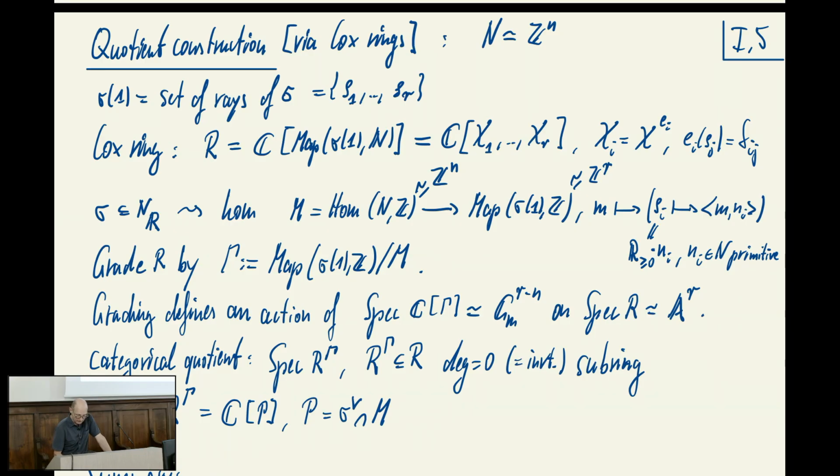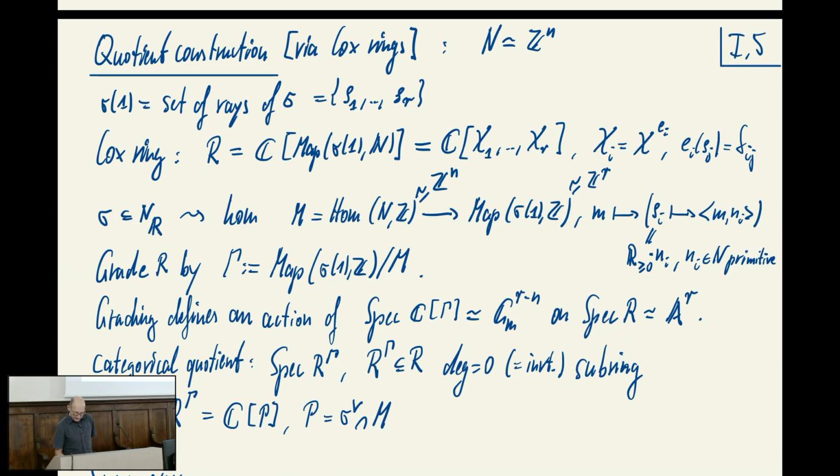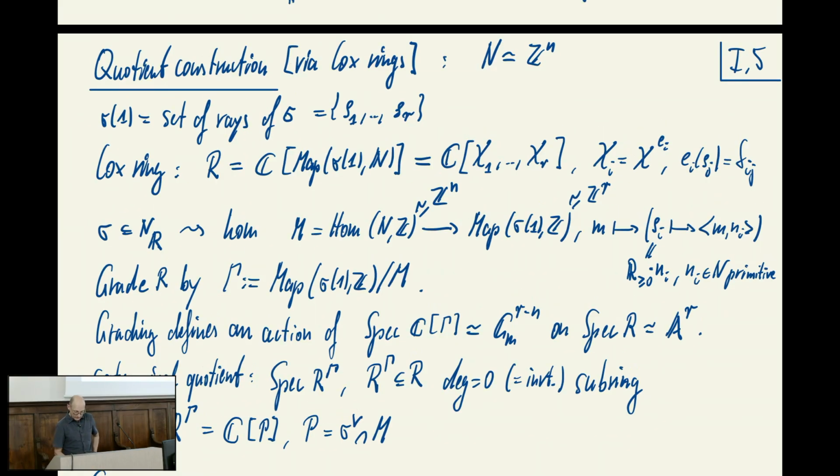So by the quotient homomorphism from Map(σ^∨ ∩ Z^r, Γ) to Map(σ^∨ ∩ Z^r, Z^r mod M). So that grades R, and this grading defines an action of Spec C[Γ], but C[Γ] is surjective if you assume that σ is full dimensional, okay? I assume that σ is full dimensional, then this will be surjective, and you get an (r minus n)-dimensional lattice, Γ,